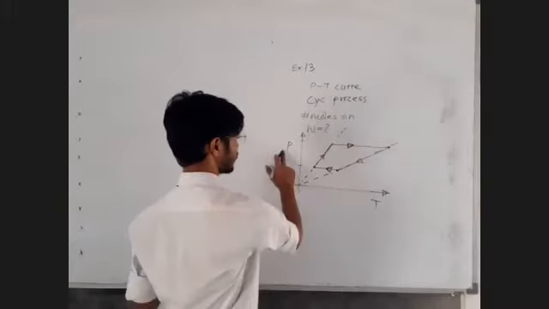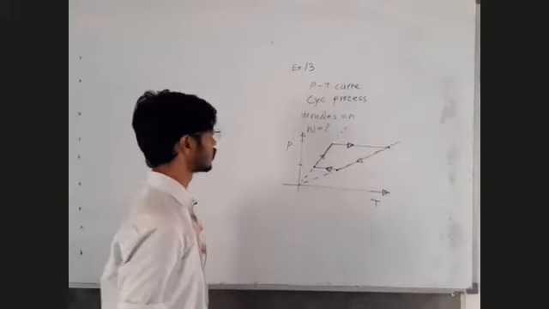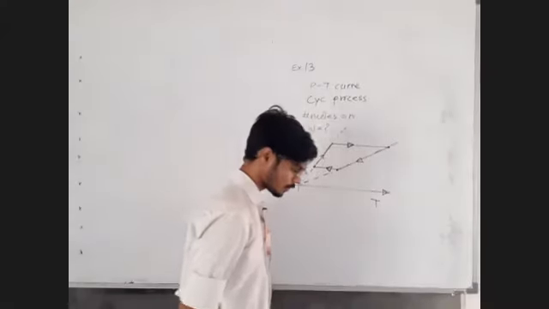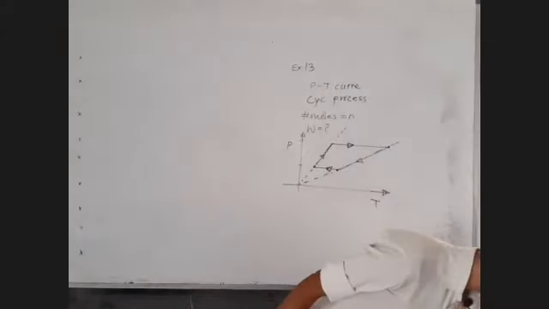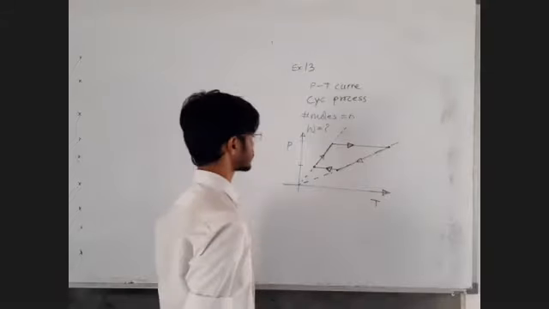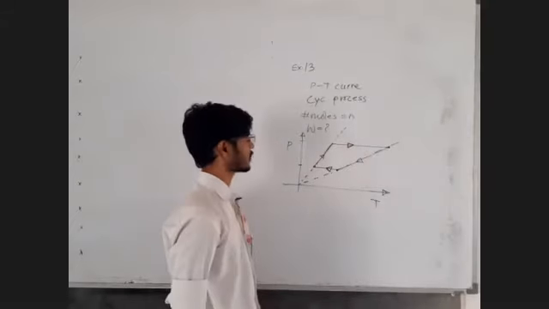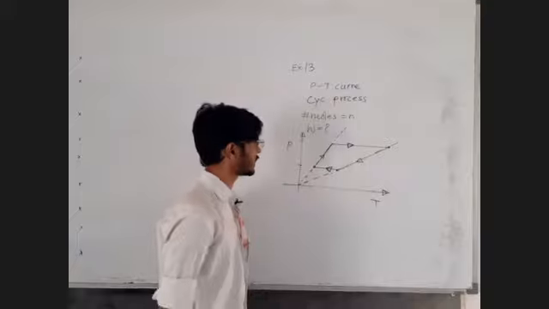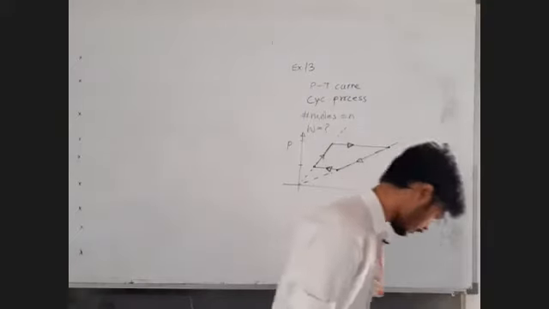Now here we are given the pressure temperature curve. Don't go for conversion of the curve. Try to find out the processes which are isothermal, isobaric, isochoric, and then try to write down the work dones.